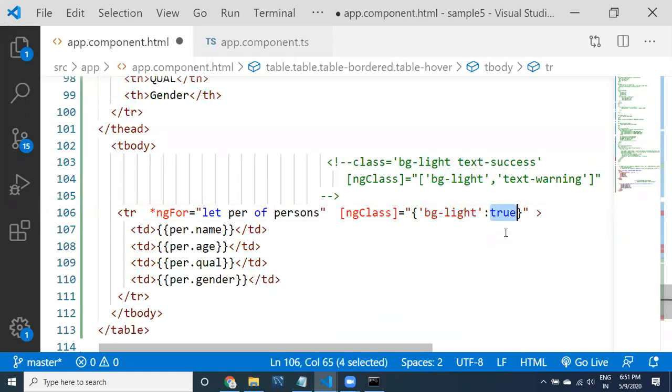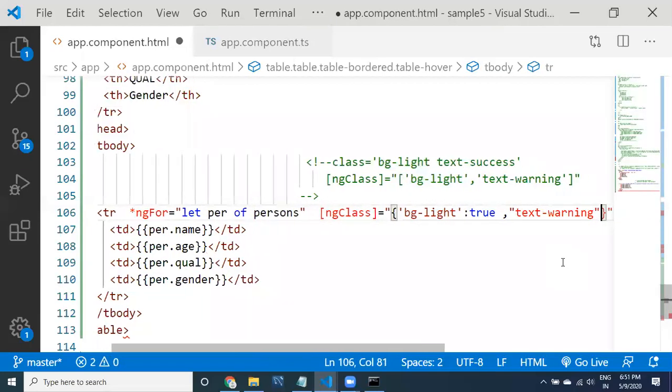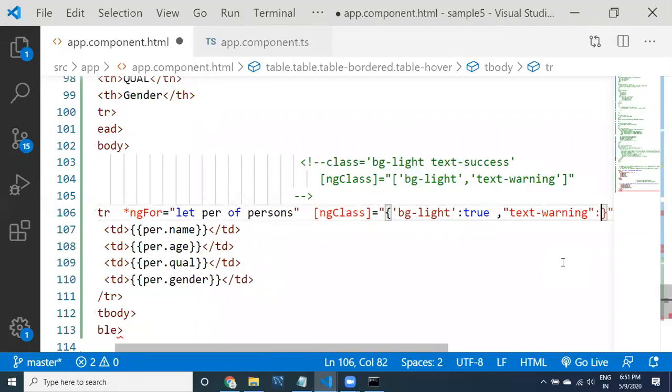This is very useful while working with any application. The same way, we provide a comma, because this is a key and value, and then the second thing, text-warning.